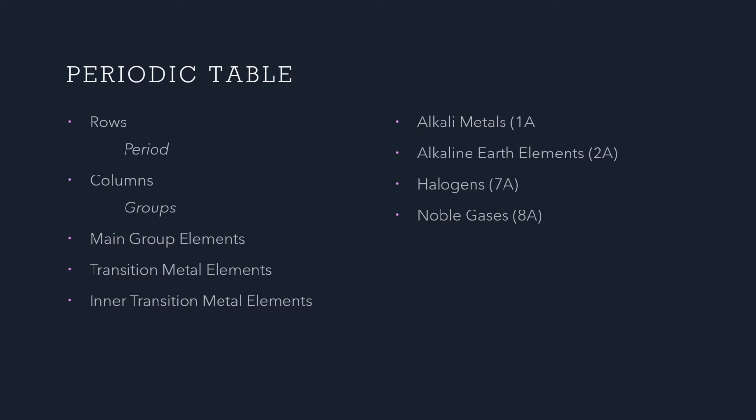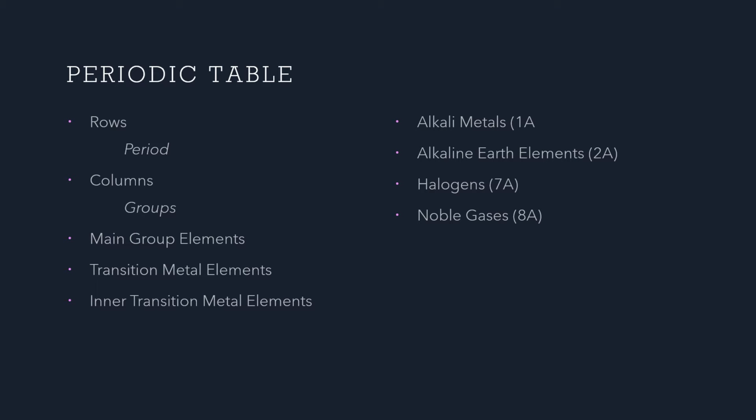So when we're looking at the periodic table, we can break the periodic table up into groupings of elements that behave similarly. If you look at the rows, which are the ones that go side to side, so they go across, those can be groups of elements. We call those periods. So if you look at your periodic table of elements that you can find at the very beginning of your book, you're going to see that the elements are grouped